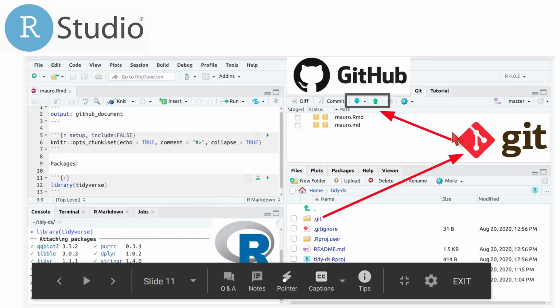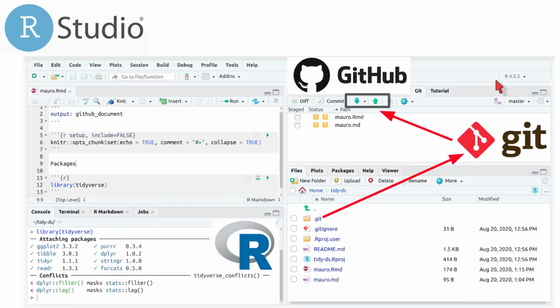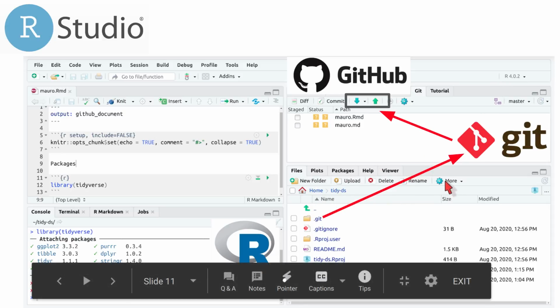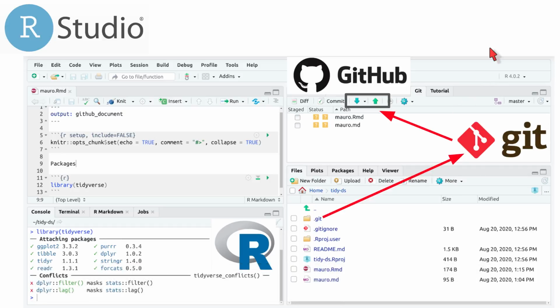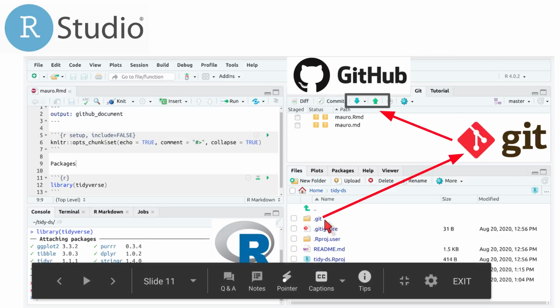And then Git, what are the signs that we have about Git? Well, we have this little folder. If you click on the more icon, and if you ask for the hidden files, you will see that there is this folder that starts with a dot, and that is what makes it hidden.